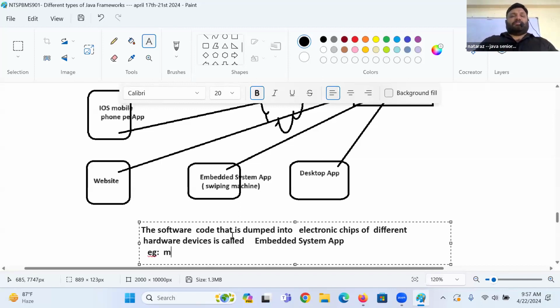Mobile SIM card is one example. Card swiping machine is another.